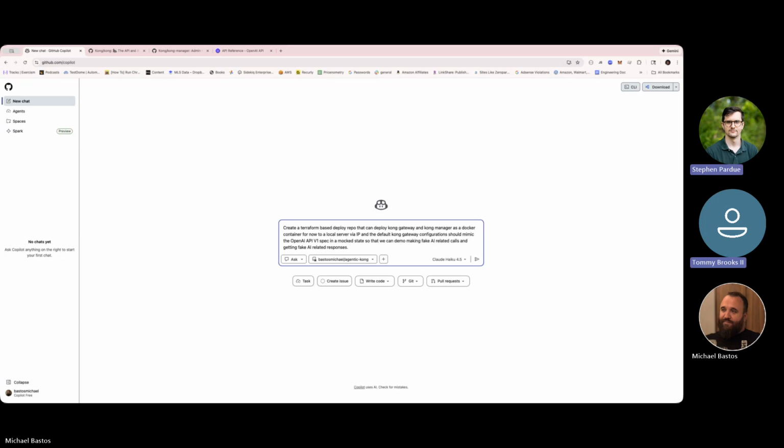I'm just wondering why we're not using a foundation model on Bedrock, because that's automatically V1 spec and we don't have to really build much of anything. Well, so